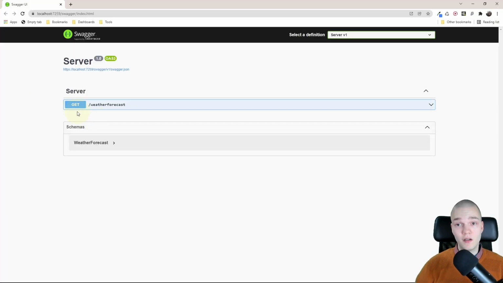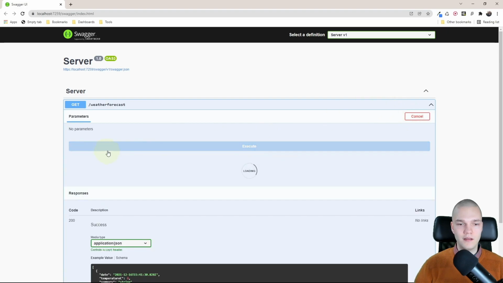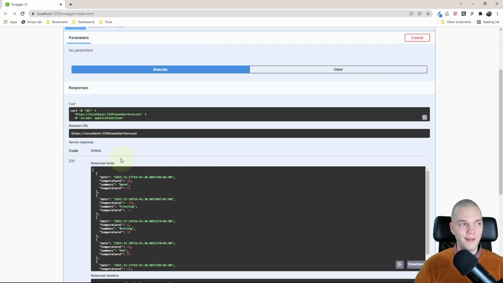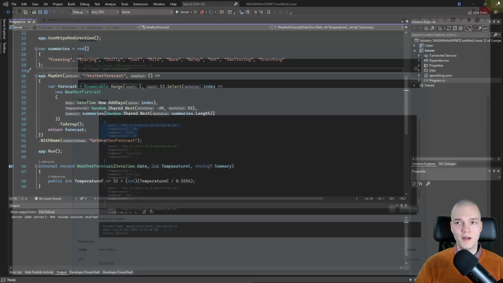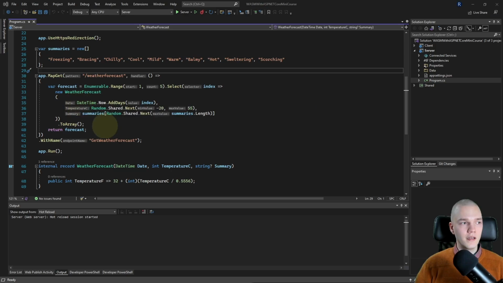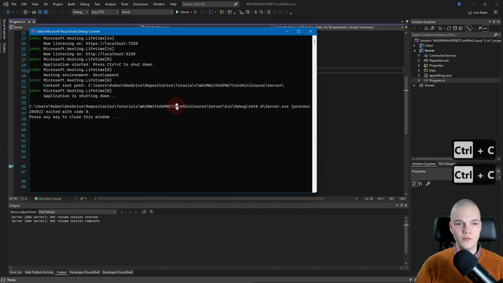So we see an auto-generated Swagger UI opens up. And let's try this GET request. So I'll expand it, try it out and execute. And there we go, we get an array of JSON objects back. So that's what we have so far. Let's modify some of this boilerplate code. So I'll close my browser and press Ctrl+C in this terminal to stop it from running.